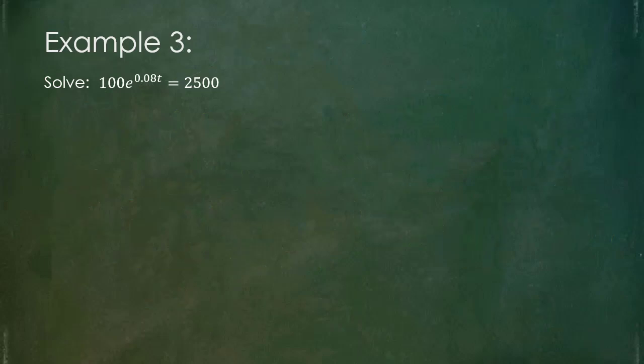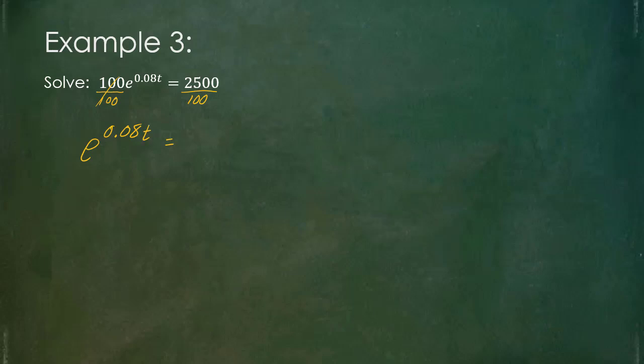So notice with that last example, we had a lot of different possible ways we could have approached it. I actually showed all 3 different ways that we could have come up with a solution, so hopefully at least one of them made sense. For this particular one, the first thing we would want to do is try and isolate the exponential. So this 100 that's in front, first thing I would think to do is just divide that 100 over. So now I'd end up with e being raised to a power of